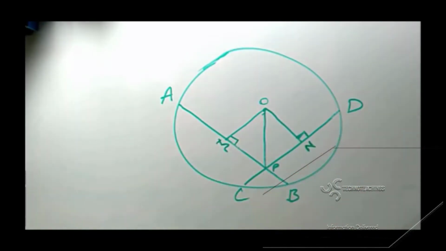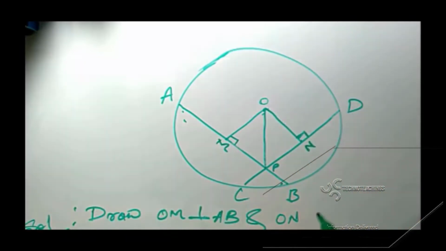Now, as for the figure, in the solution part we need to draw OM perpendicular to AB, and ON perpendicular to CD. First is this, and this is the second. And the third thing I did is I joined OP. So join OP. Since we have completed the construction, in order to solve this problem, now what I'll get is